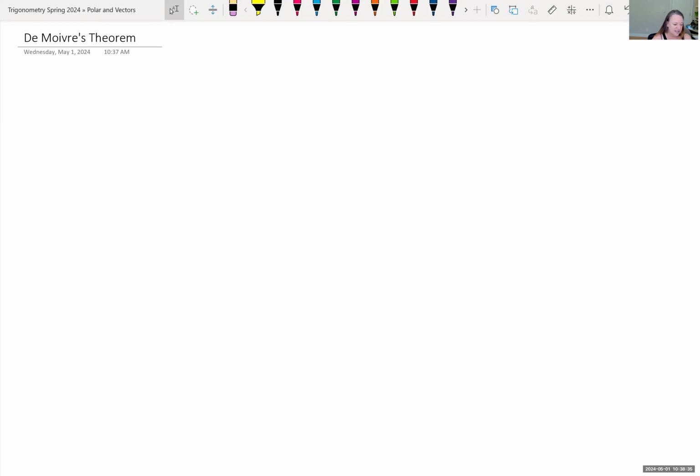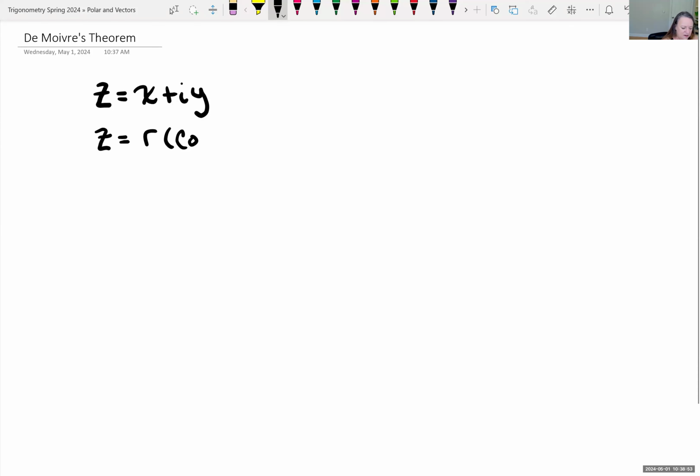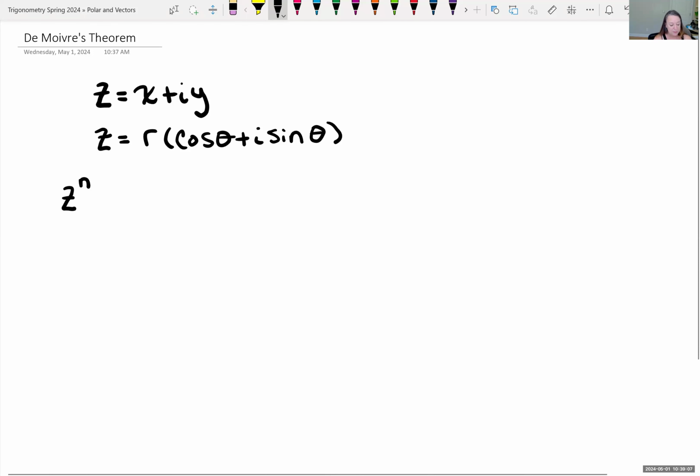So what DeMoivre's theorem says is if you have, let's say, some complex number z, which is equal to x plus iy, and polar form, we find that it was the modulus of z, which is r, cosine of theta plus i sine theta. Well, DeMoivre's theorem says if you're going to raise z, that complex number, to a power n, let's say that n is an integer,